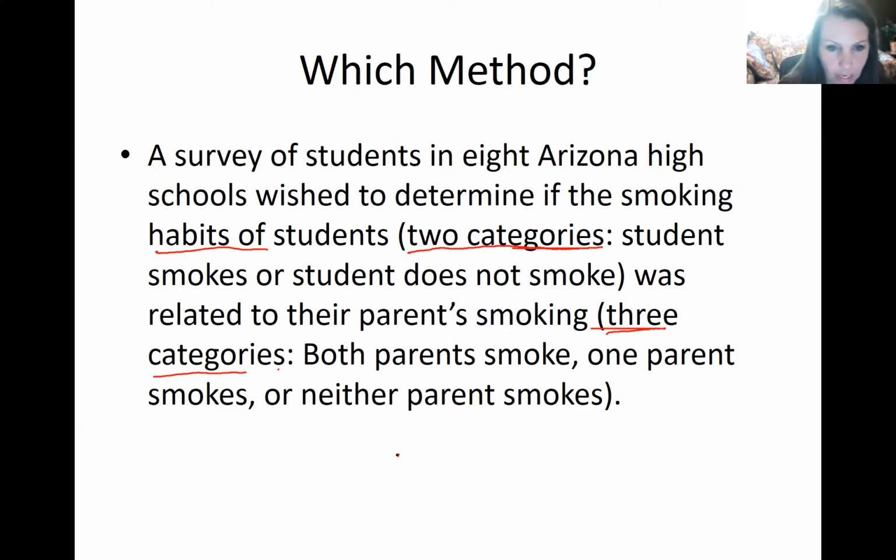Another way to figure out if it's chi-square is by the wording. We wanted to find out if variable A was related to, or another way they usually like to word it is independent from their parents' smoking habits. So when we're looking at the relationship between 2 categorical variables or looking to see if they are independent,